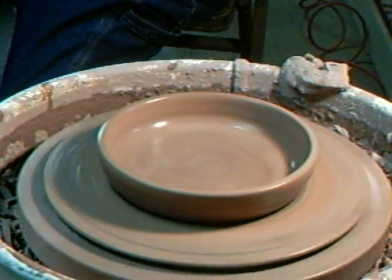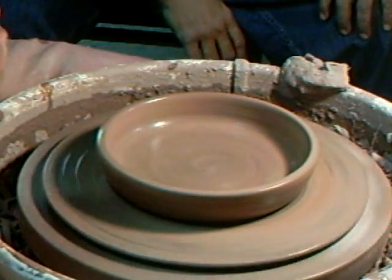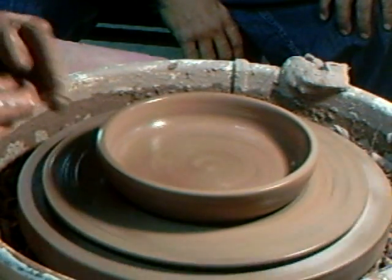I don't know where he is at the moment, but he's around there somewhere. But anyway, this is basically like a pot stand. Right. The thing is...